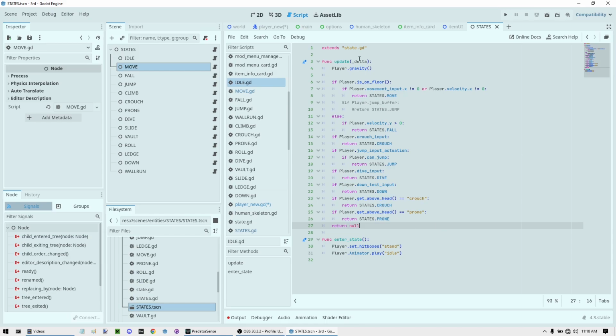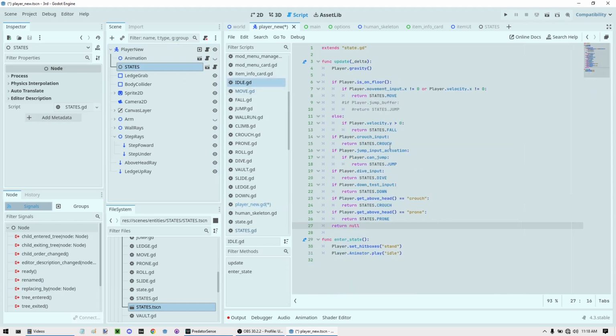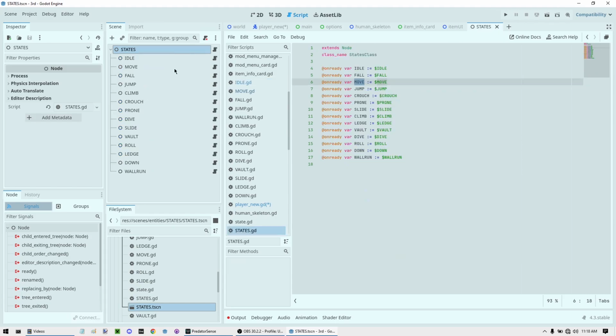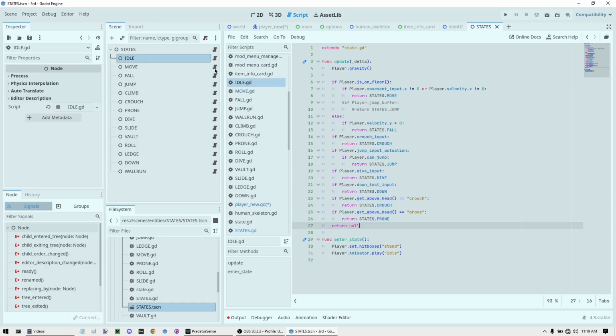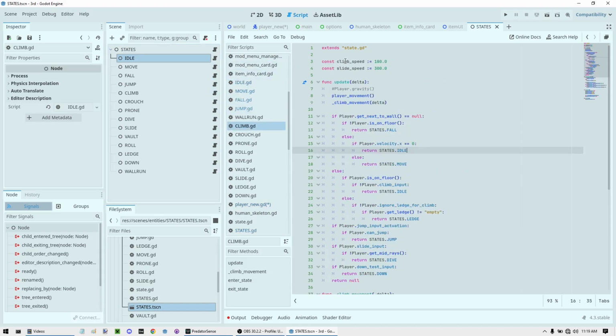And remember that this is being instantiated here, as a child of the character body now. Okay, so with that in mind, I'm gonna show you the states themselves. Each of these scripts down here, not the root node, but all of the ones under it, idle, move, fall, jump, etc., they extend